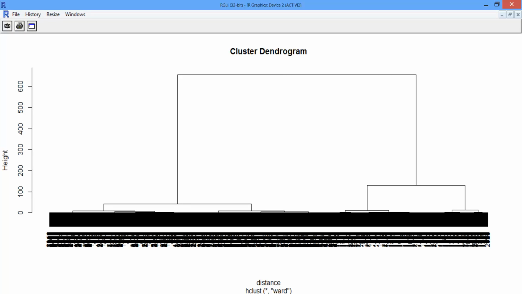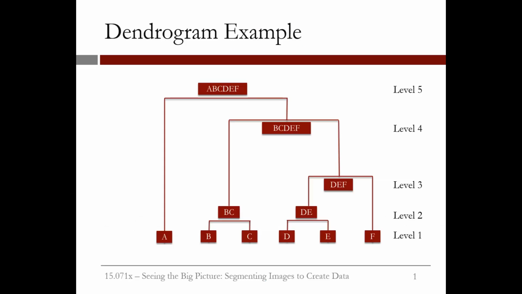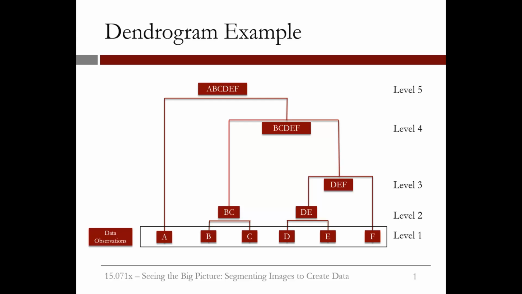Let's have here a little aside or a quick reminder about how to read a dendrogram and make sense of it. Let us first consider the toy dendrogram example. The lowest row of nodes represents the data or the individual observations, and the remaining nodes represent the clusters. The vertical lines depict the distance between two nodes or clusters. The taller the line, the more dissimilar the clusters are. For instance, cluster DEF is closer to cluster BCDEF than cluster BC is. And this is well depicted by the height of the lines connecting each of clusters BC and DEF to their